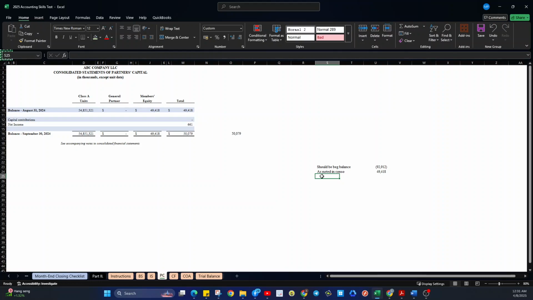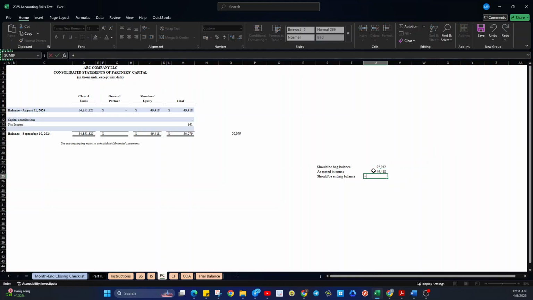Alright. So, the should be ending balance is, okay, hold on, this one times -1.